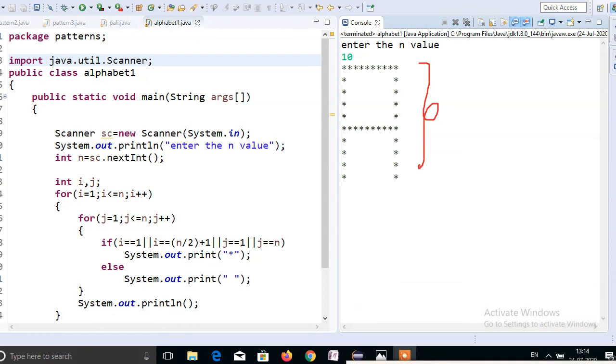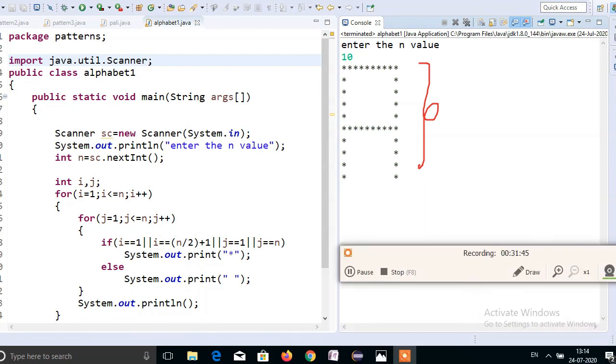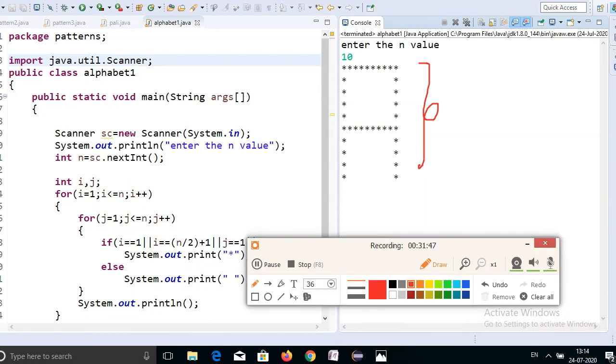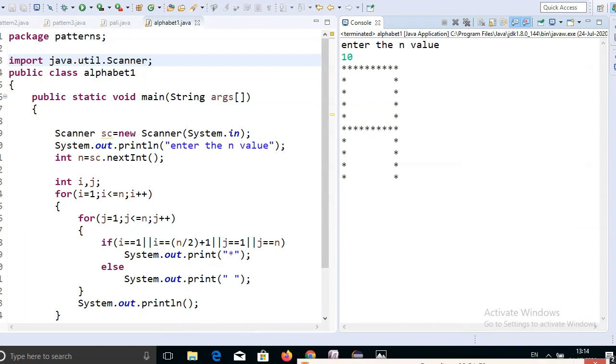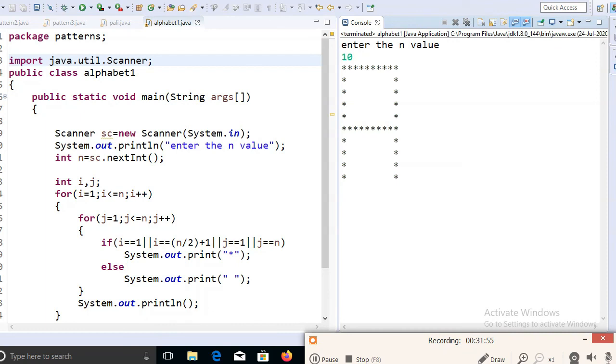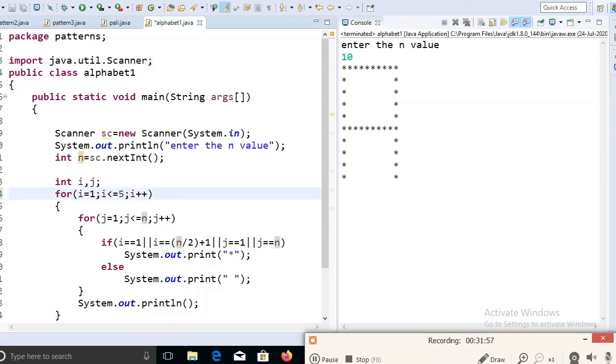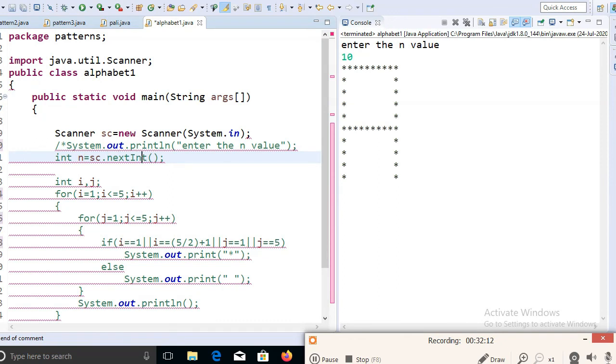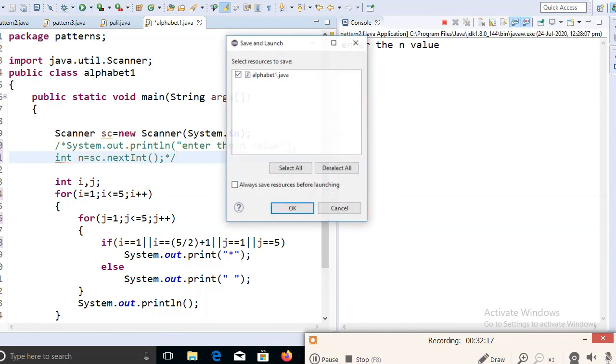Let us see what happens if we give 5 directly. I put this line in a comment and run the program.